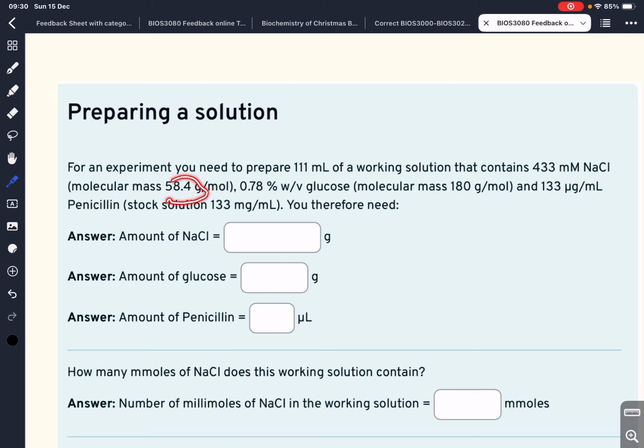We've got the molecular mass of it. We want 0.78% weight per volume glucose in it. We've got the molecular mass for it. And we want also an antibiotic in it, 133 microgram per milliliter. And we've got the stock solution. And in the first question, we are asked, what do we actually need to mix together? So how many grams of sodium chloride, of glucose, and microliter of the